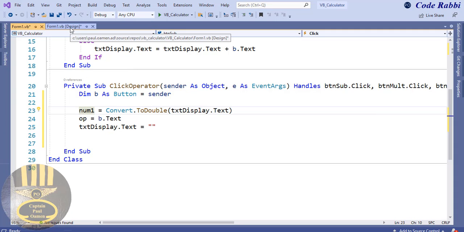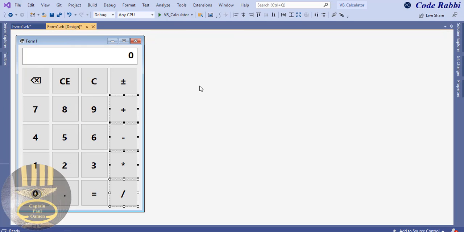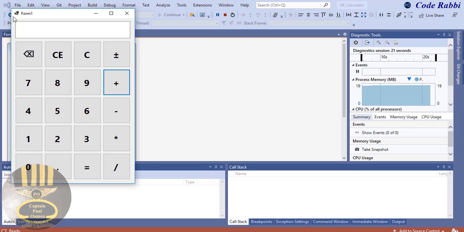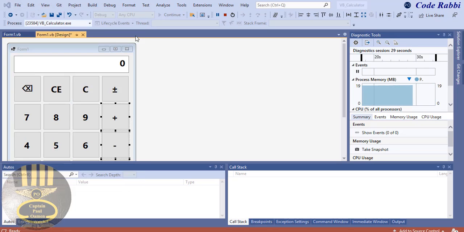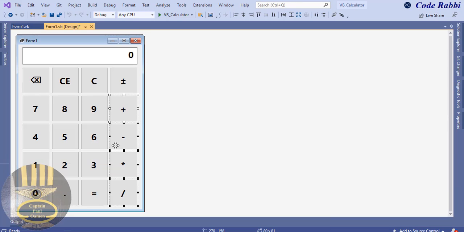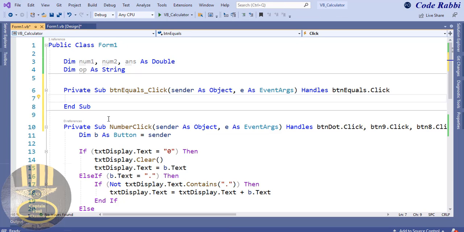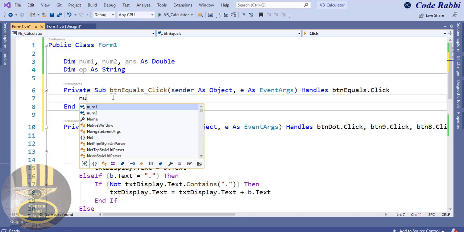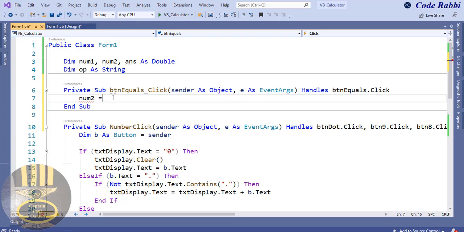Now let's go back to the design view. Let's run it and even see. There we go. So let's select whatever value in here. Let's say 8 multiplied by 5. There. So the operator is working. Now we need to take care of the equal sign. So let's double click on the equals, and right there we can use an if statement. So let's say num2, that is equals